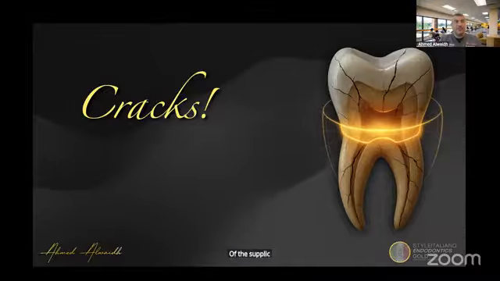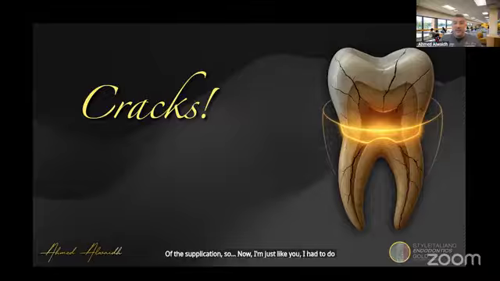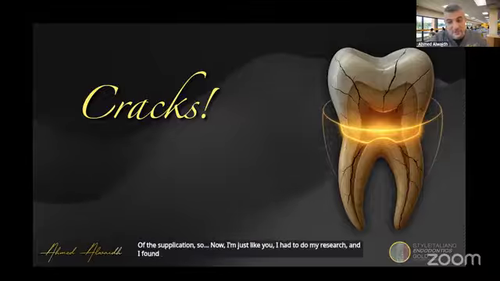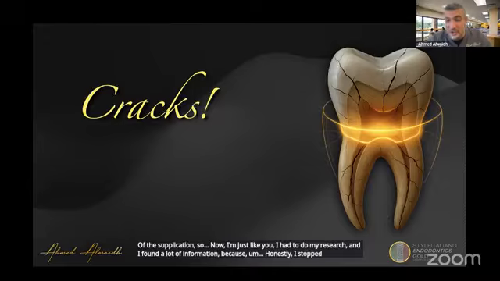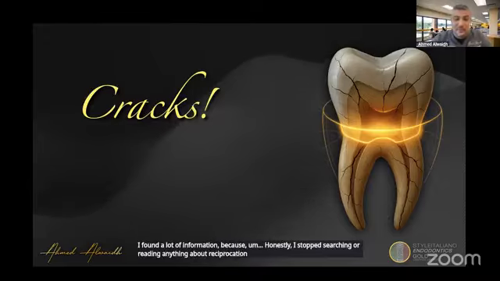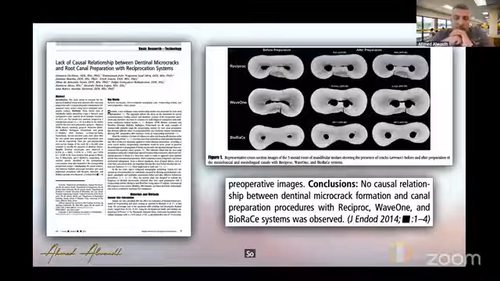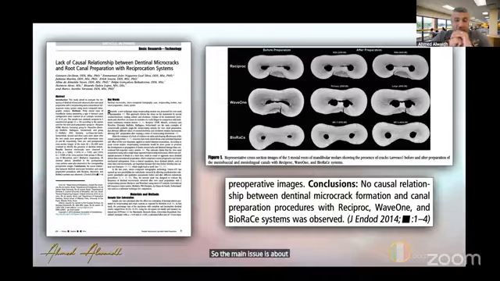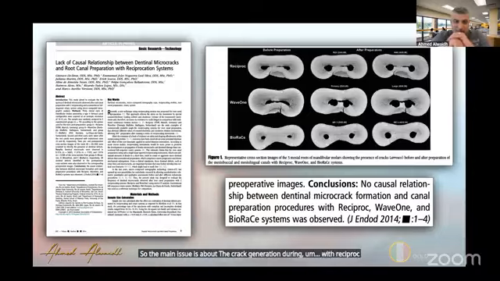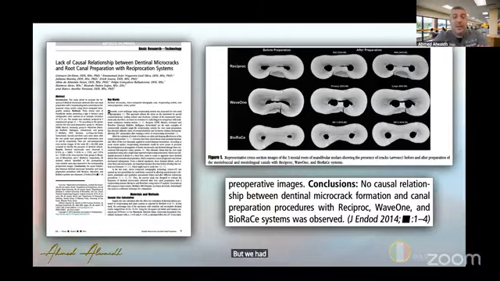So now I'm just like you. I had to do my research and I found a lot of information because honestly, I stopped searching or reading anything about reciprocation because it was out of my mind. So the main issue is about crack generation with reciprocation files. But we had an interesting